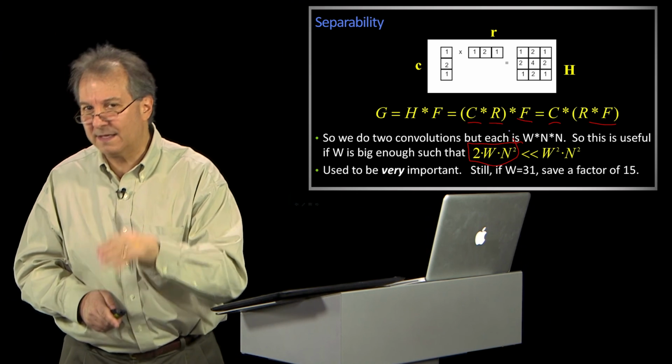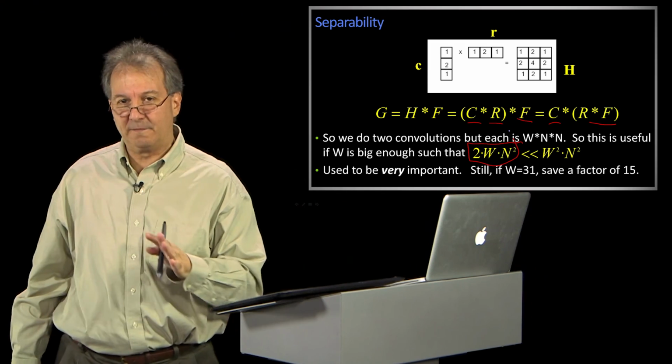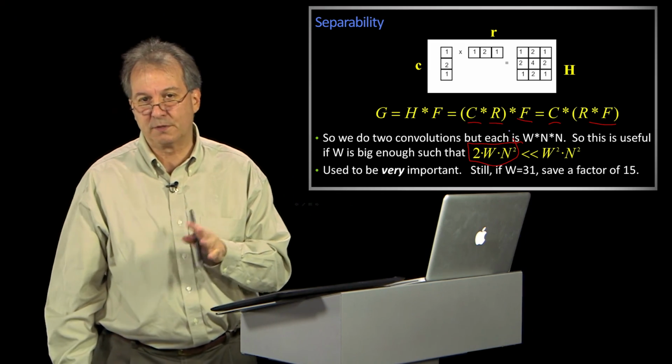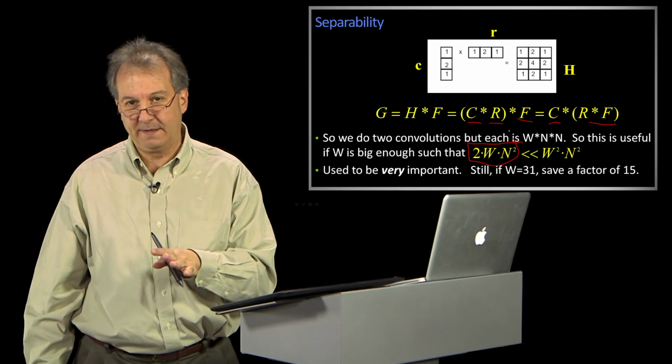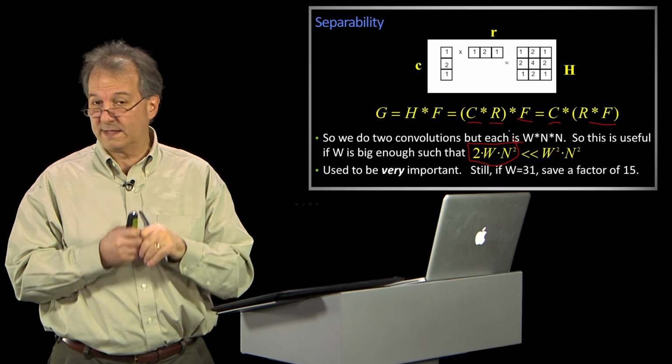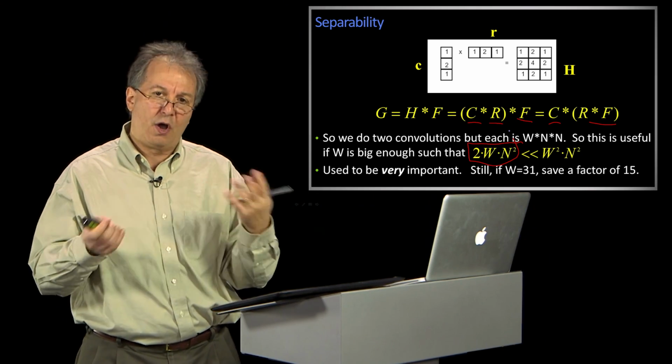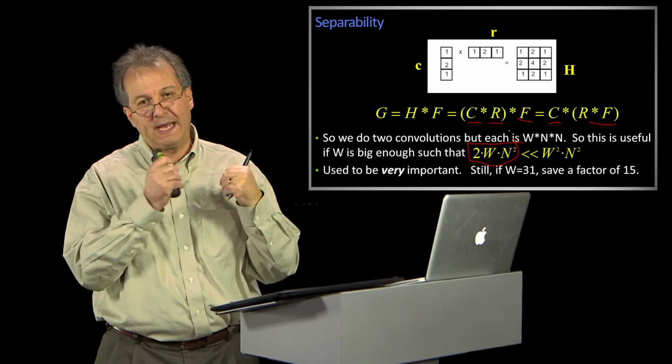Anytime you can do anything that buys you an order of magnitude for not a lot of money, you should go ahead and make that purchase because orders of magnitude are hard to come by. So here's a nice way of doing that. When we do various kinds of smoothing, we often use linearly separable filters, and you can just apply them.